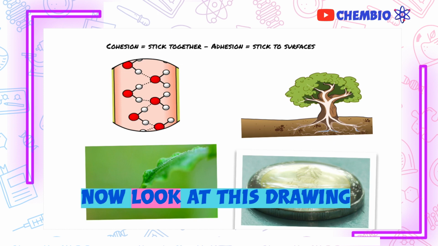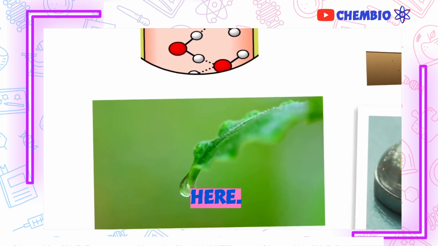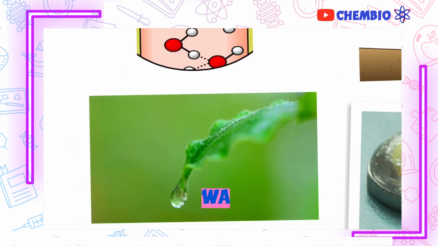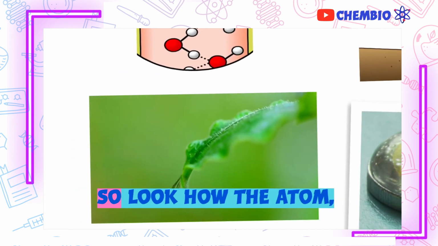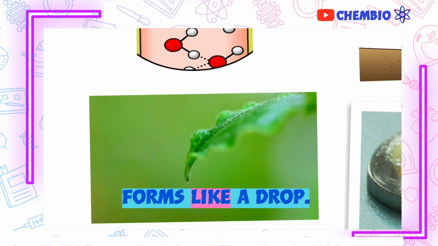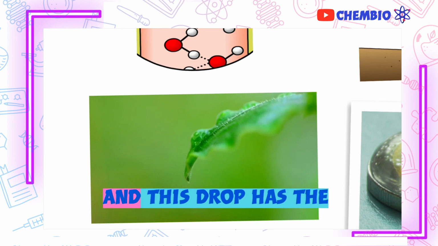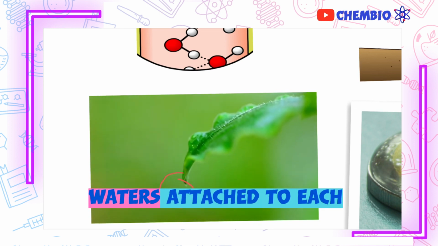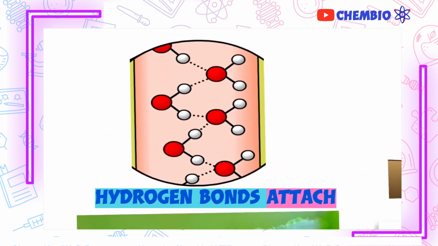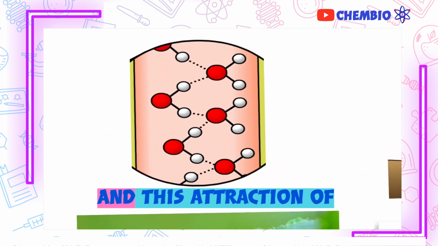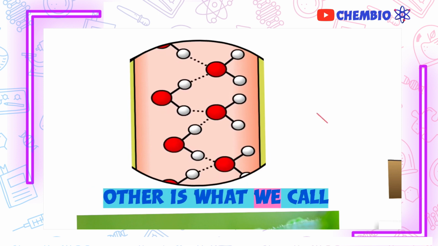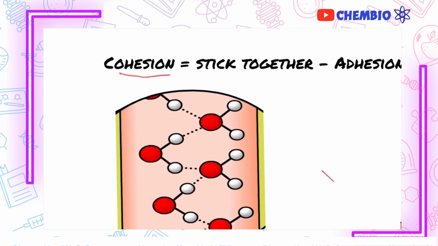Now, look at this drawing here. This shows you how the water molecules in a drop are attached to each other. So look how the molecules of water form a drop, and this drop has the waters attached to each other. Now, remember, hydrogen bonds attach the waters to each other, and this attraction of water molecules to each other is what we call cohesion. So cohesion